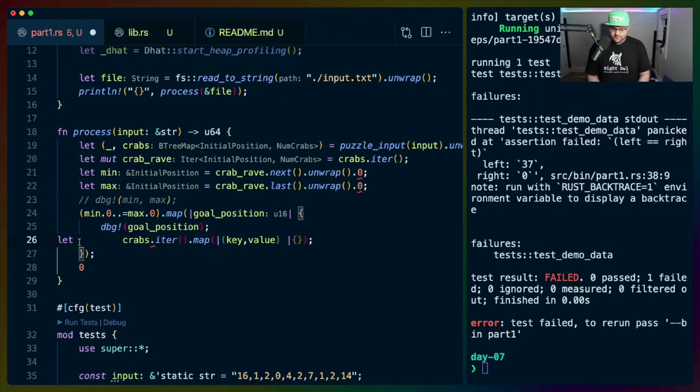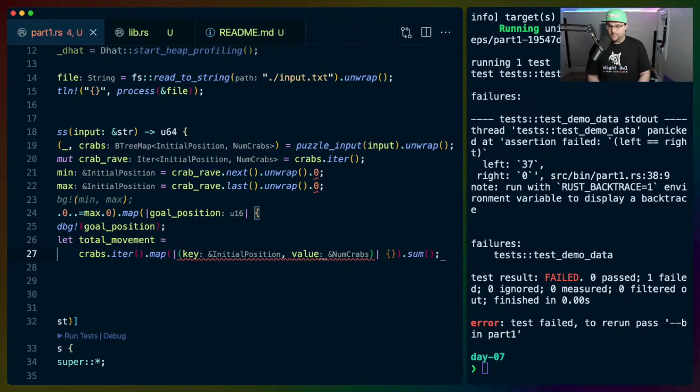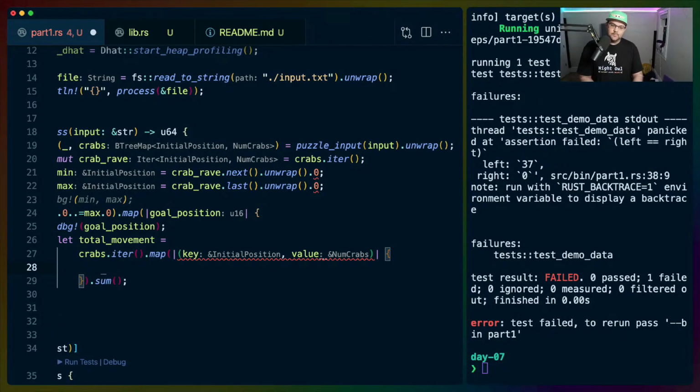Let total movement equals crabs.iter, and this is going to be dot sum. So what we're going to do here is take the initial position, right? Let's name these because